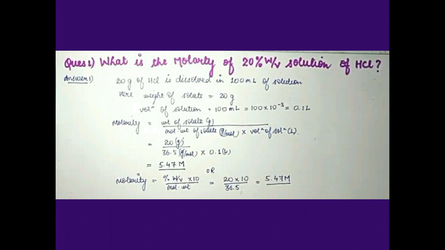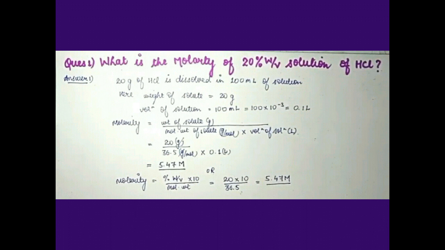तो हमारे पास सब कुछ है. Mass of solute is 20 gram into 1000 upon molar mass of solute is 36.5 into volume of solution is 100 मिलीलीटर, मिलीलीटर्स में आ गया हमारे पास. ये पूरा कैलकुलेट करके हमारे पास 5.47 M मोलारिटी आ जाएगी. स्टूडेंट्स किसी भी तरीके से आप कर सकते हो, you can calculate the number of moles separately and then put in the formula, और अदरवाइज पूरा फॉर्मूला के अंदर ही मिक्स कर सकते हो.